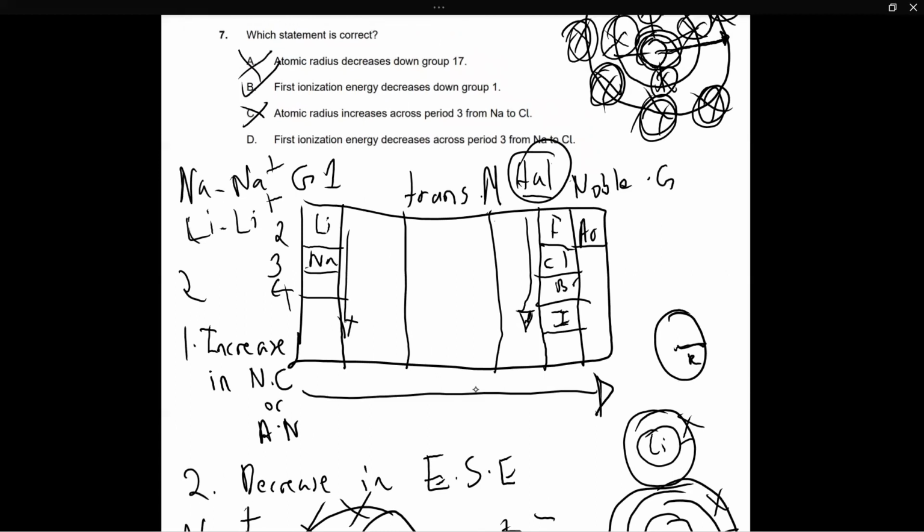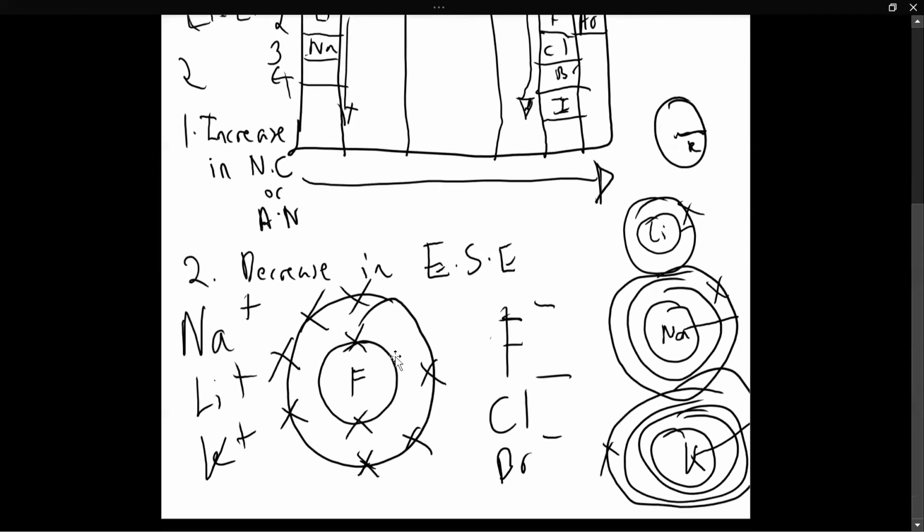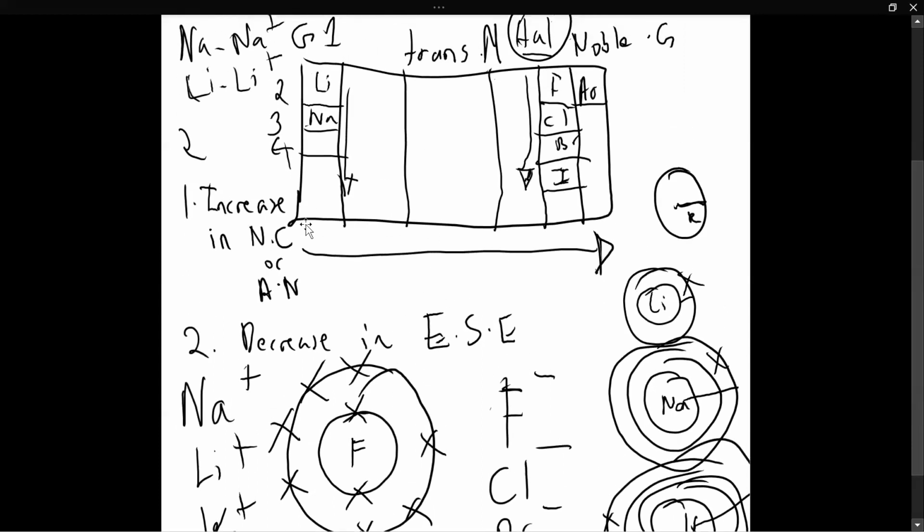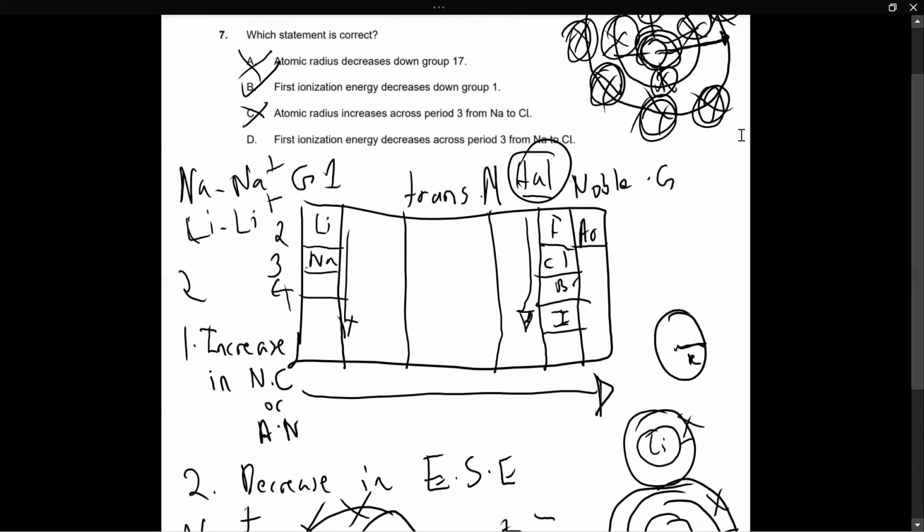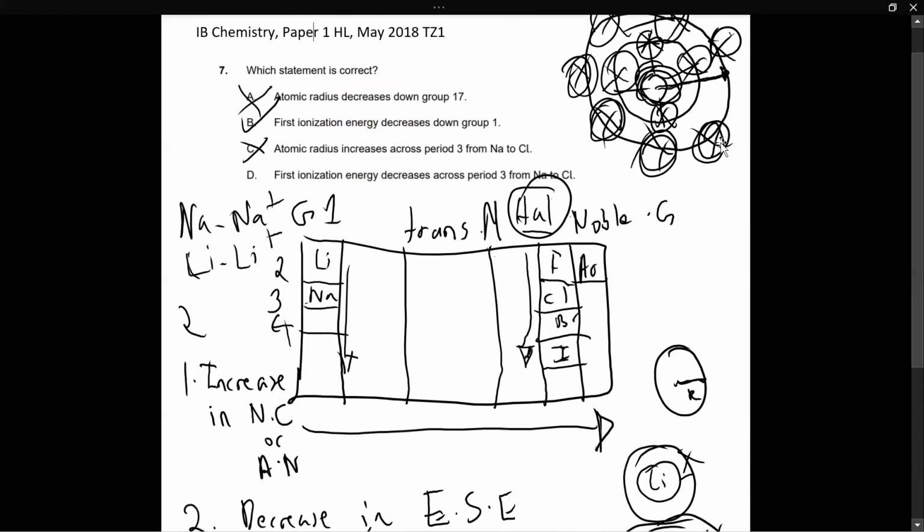So B is actually our correct answer. And let's take a look at D. First, ionization energy decreases across period 3 from Na to Cl. I've explained to you before why that's not true. Because it is more energetically feasible for halogens like fluorine, chlorine, bromine, iodine to gain one electron than to lose 7 electrons. Therefore, ionization energy, which deals with the removal of electrons, actually increases when you move from left to